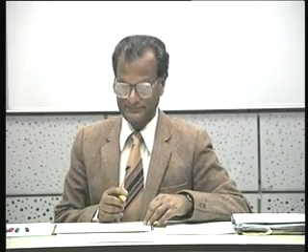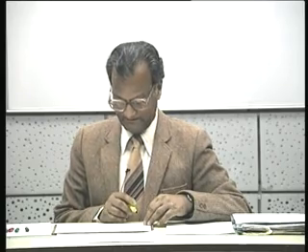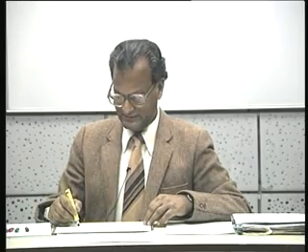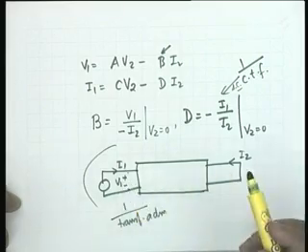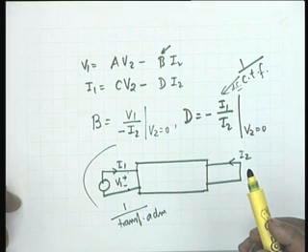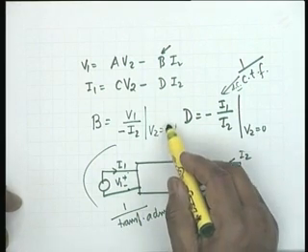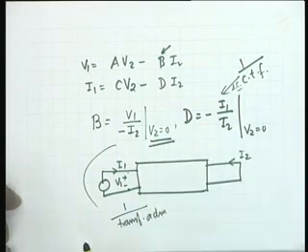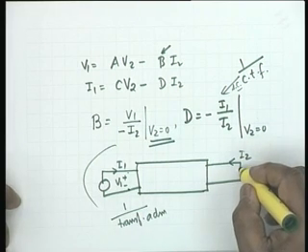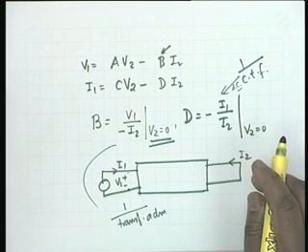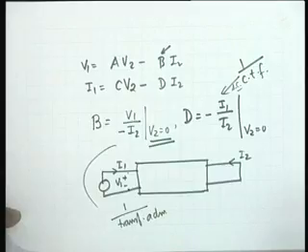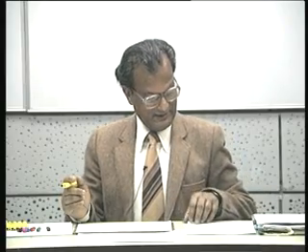So while calculating B, we short circuit the second port and apply a voltage source on the first port. Correct. Can we apply a current source at the second port? No, the constraint is that I have to make V2 equal to 0. If I apply a current source here, I cannot guarantee that V2 equals 0. Agree? Any other question?